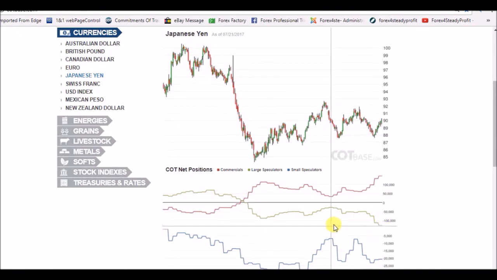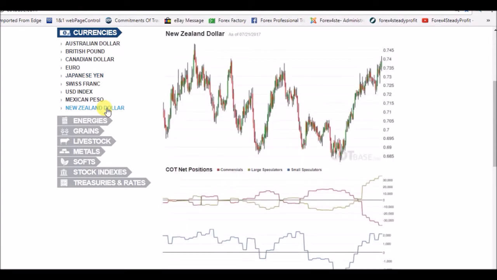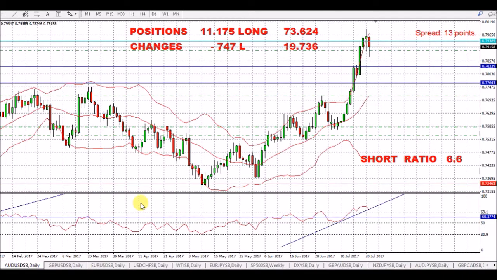So we've got really good positions to take looking at the Australian dollar against the yen, and also we have the same position with the New Zealand dollar. They have got a really extreme position for the commercials short the New Zealand dollar, and the speculators are right the other way around. They are extremely bullish. Again, a really high divergence. This really doesn't happen all that often. These are really good charts to be looking at. And we'll go over first and have a look at the Australian dollar.